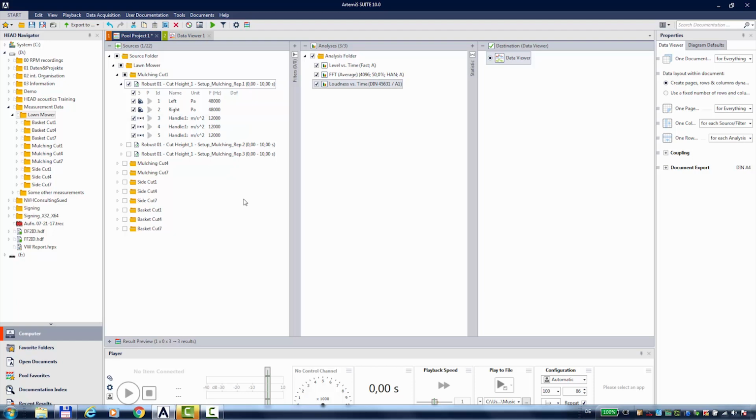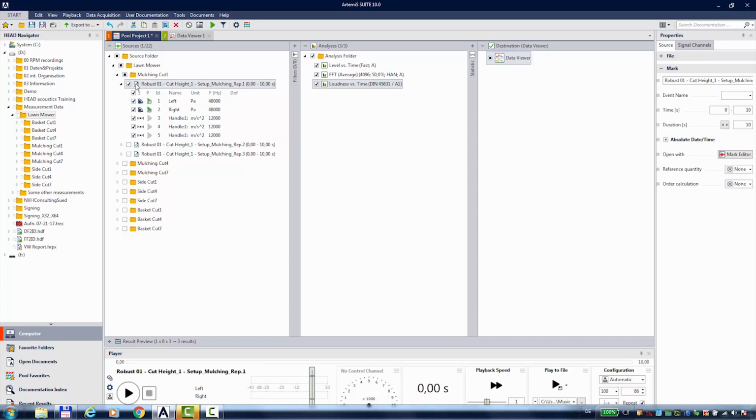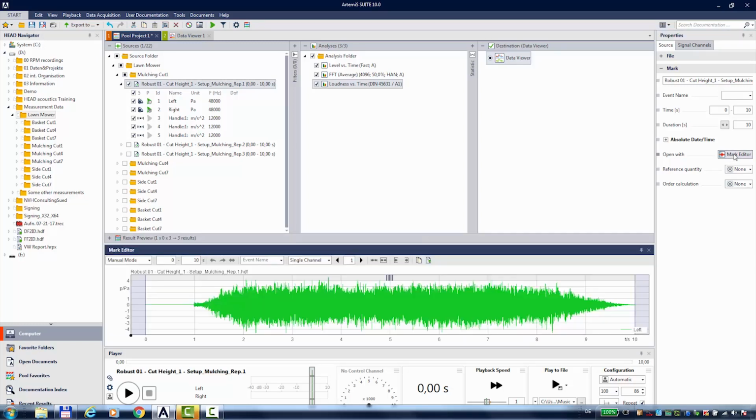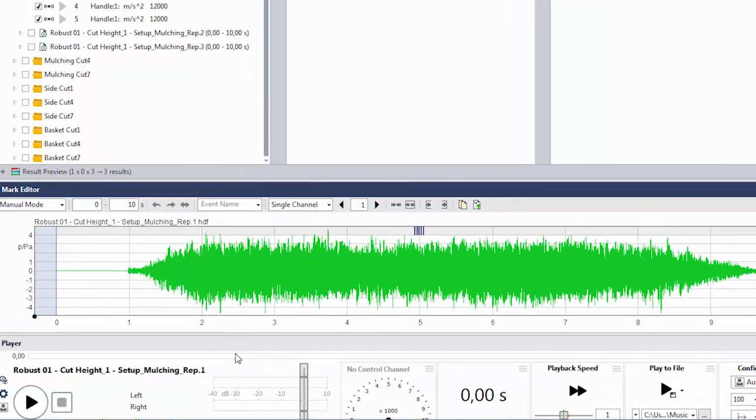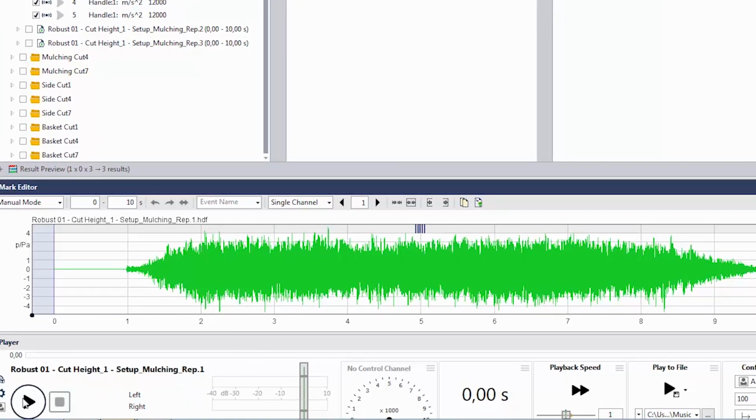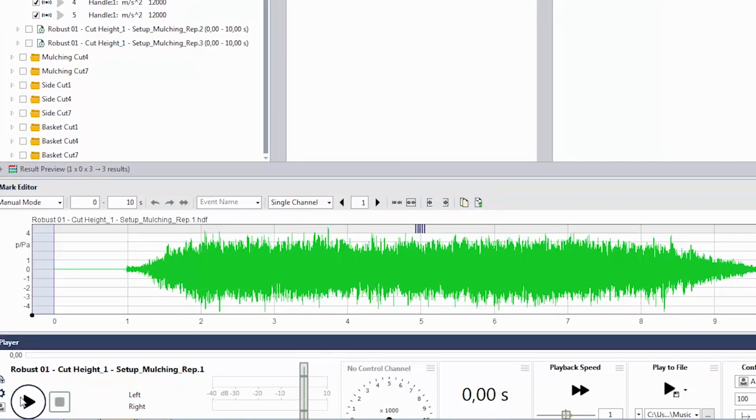To get a good view, I'll go on my measurement, and here all the setups for my measurements are now listed. And here I go for the mark editor, which gives us this really cool cutting option. And here below I have my player. So if I press play,